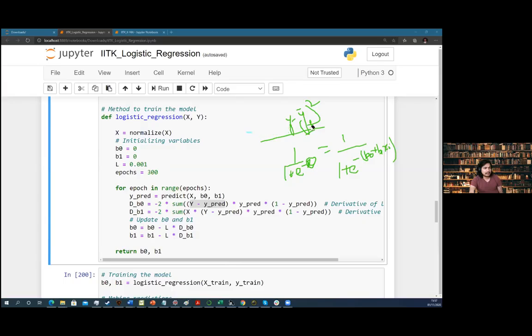In gradient descent, what we do is we try to calculate the partial derivative with respect to b0 and b1, trying to minimize both. And once you calculate this partial derivative of this loss function, which was